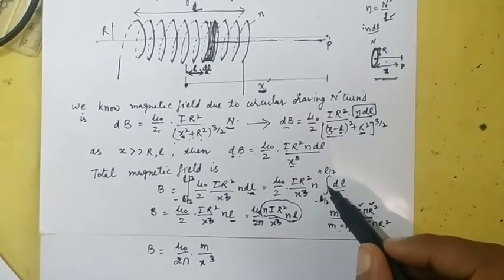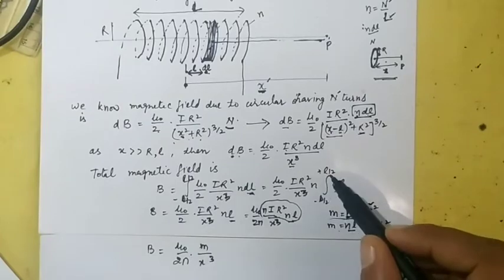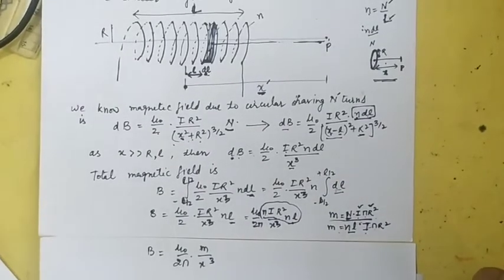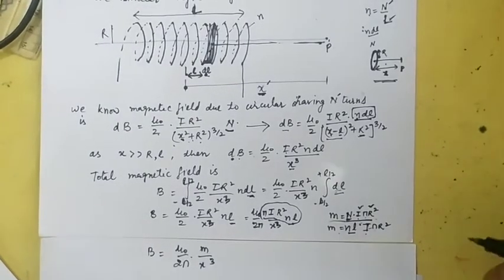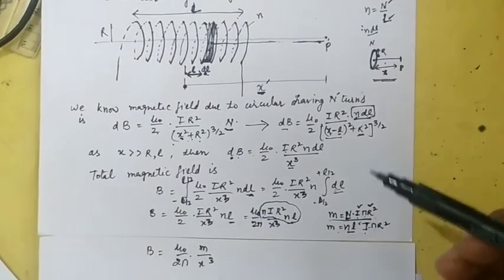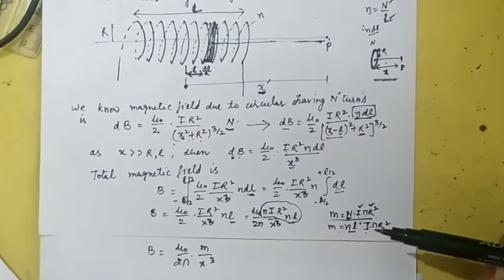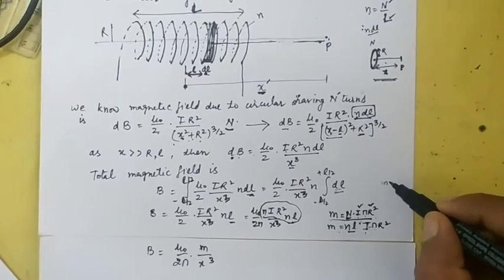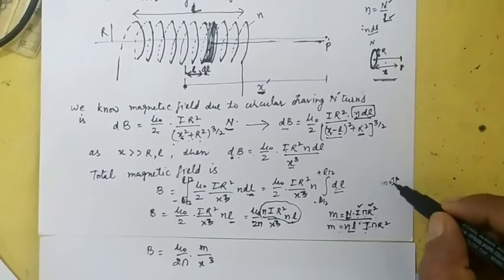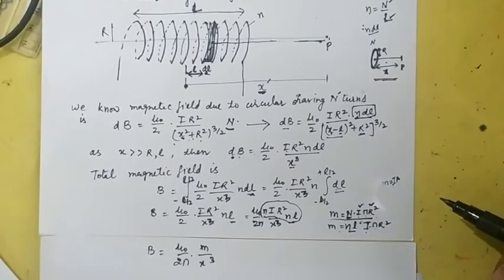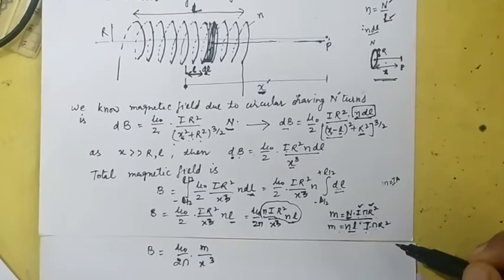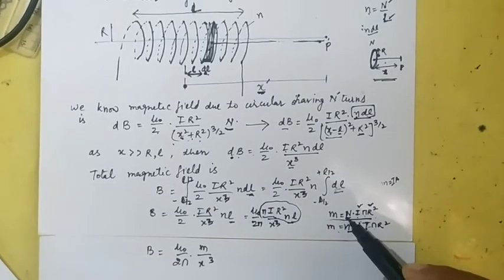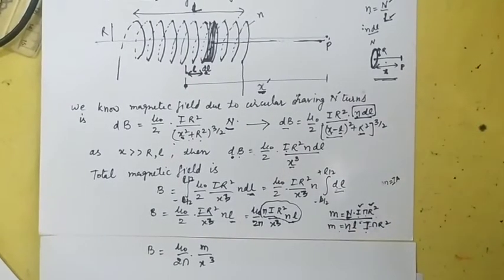So we know that the total length from minus L by 2 to L by 2 is equal to L. So we put the value of L. Now solving a little bit, first of all we calculate the magnetic dipole moment of this whole solenoid. We know that one loop of the solenoid will have a magnetic dipole moment equal to I into A. I is the current, A is the area of the loop. Area of the loop is pi r square. Since this solenoid has a capital N number of turns, it becomes N into I pi r square.